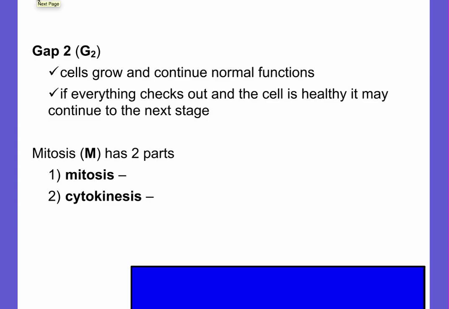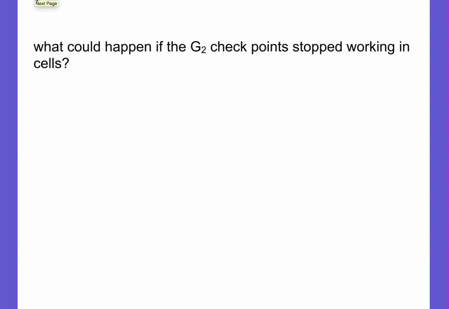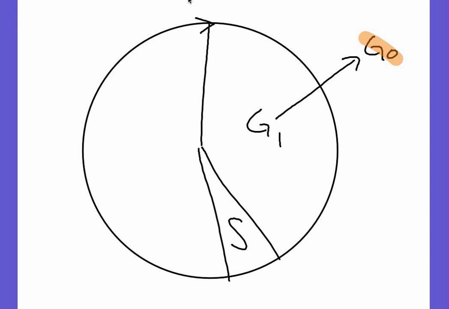So then my next chunk, G2. The only thing that's different there that we didn't talk about before are checks that are at the end of that stage. So in my picture, I'm going to add G2. G2 is pretty big. That's more or less the same as G1 as far as I'm concerned. I think the book makes G1 way bigger than G2, but again, I'm not trying to make this to scale or anything. It's not supposed to be perfect. But G2 at the end of it is what we want to focus on. Right here at the end,